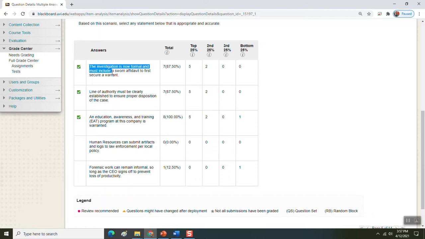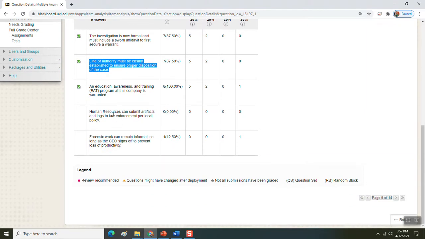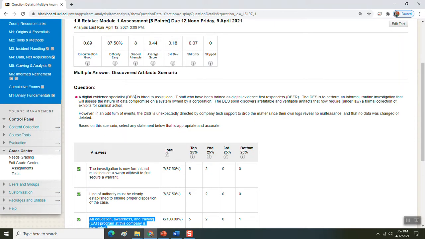The three answers that are best to select are: the investigation is now formal and must include a sworn affidavit to first secure a warrant. A line of authority must clearly be established to ensure proper disposition of the case, and an education, awareness, and training program at this company is warranted. What we have is a scenario where the local IT staff is supposed to, the outcome is supposed to be completely different. The IT staff is supposedly trained as incident handlers and digital evidence first responders, but